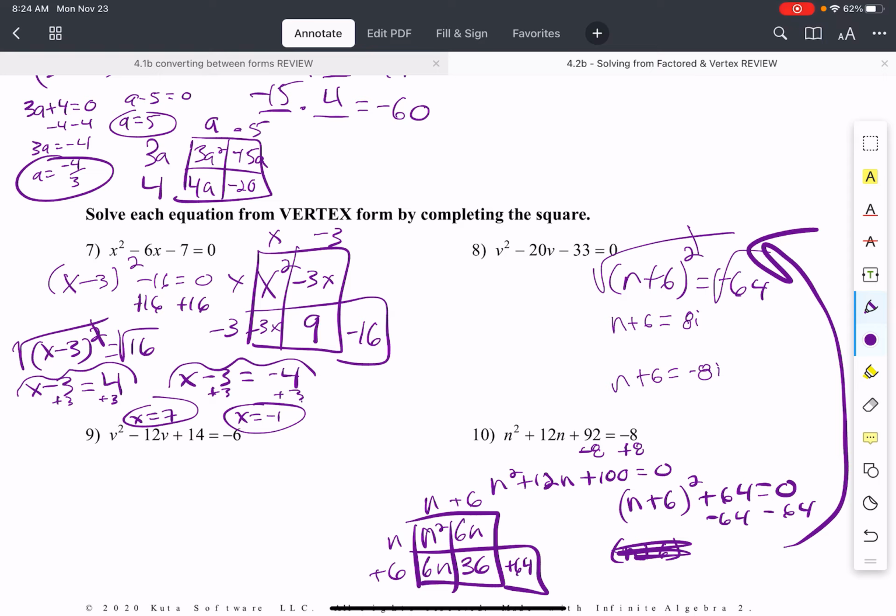No, so you just keep them separate. Because I have to minus it. So n equals 8i minus 6, and n equals negative 8i minus 6. Questions? Okay. This is the last day we're going to